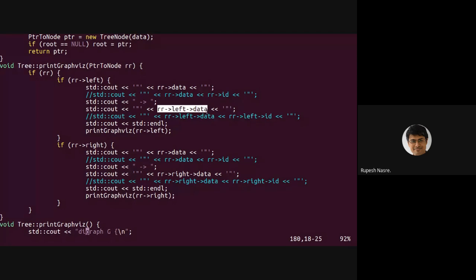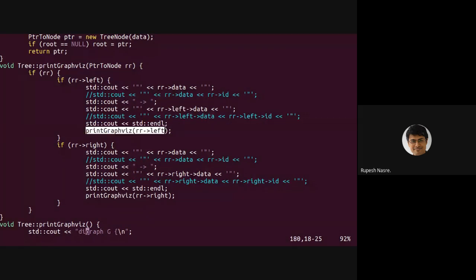If the tree consists of A as the root, B and C as its left and right children, then I need to print A, arrow, B, and then in the second case I have to print A, arrow, C, right? So if I give these 2 edges, then GraphViz knows that I'm talking about nodes A, B, C, and therefore it will try to visually depict those edges, A connecting to B and A connecting to C, right?